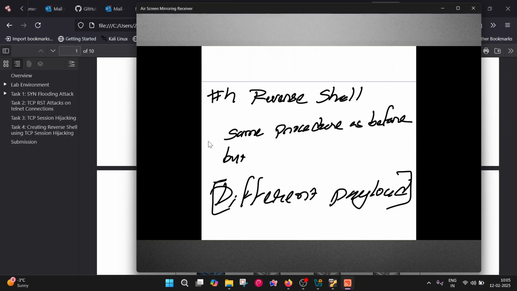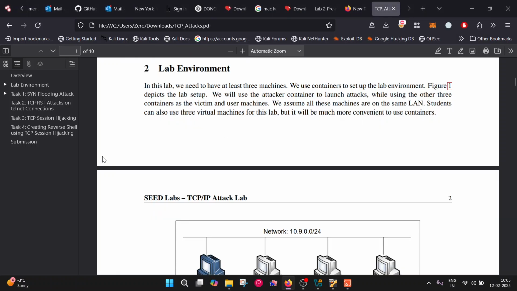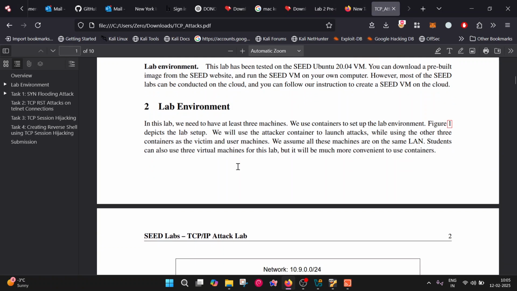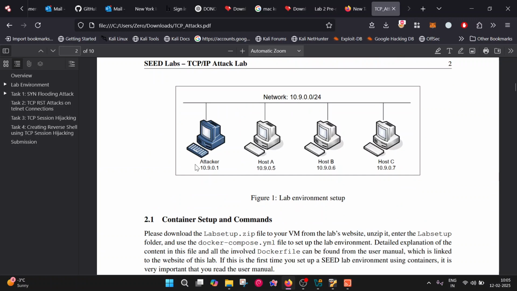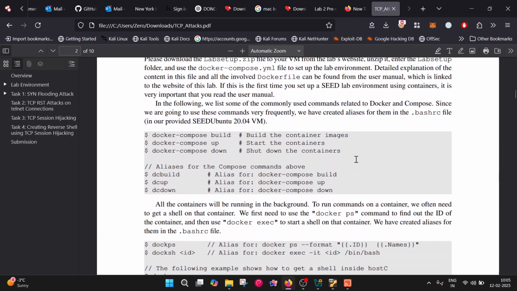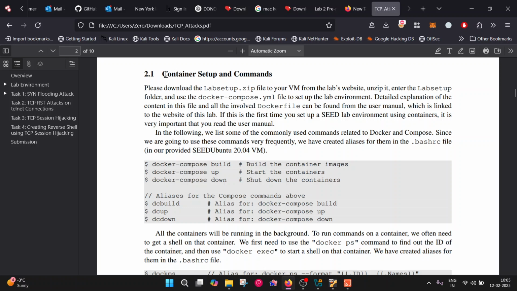So that was all for what we are going to do in this lab. Now let's go one by one. It's the same thing that we'll be using for the Docker containers and all that. Also, make sure that you don't follow 2.1 from this manual, because we have done all of this in our lab prerequisites. So follow the lab prerequisites instead of this one, because there will be a slight difference between the